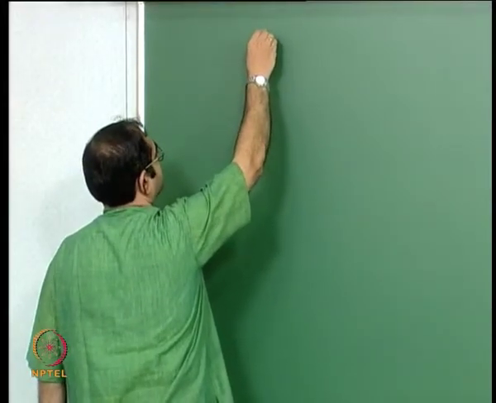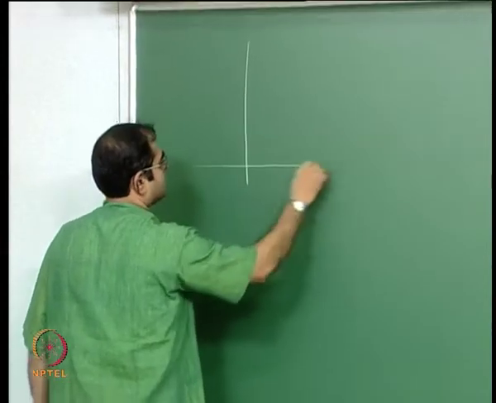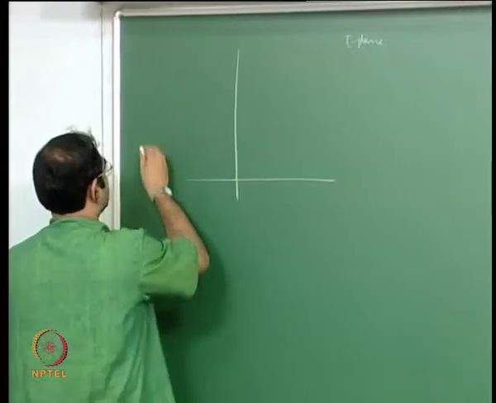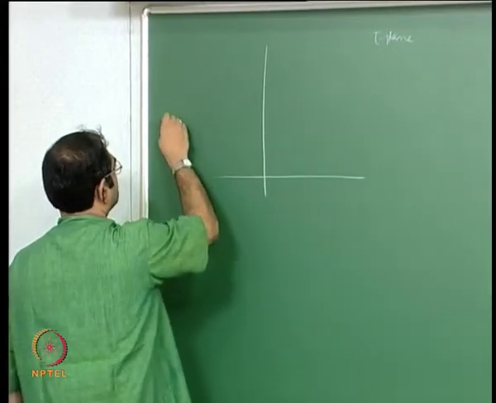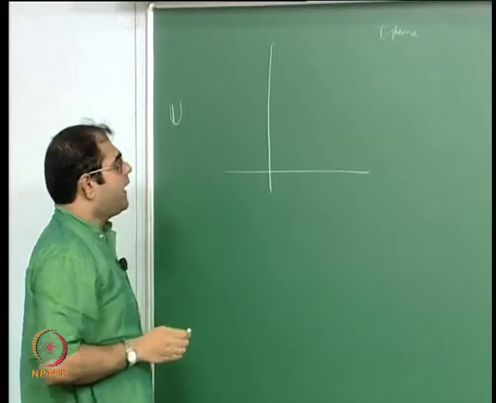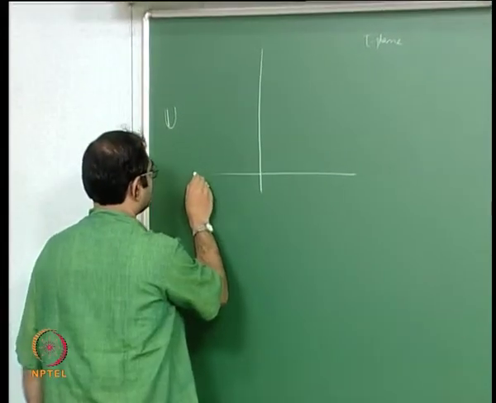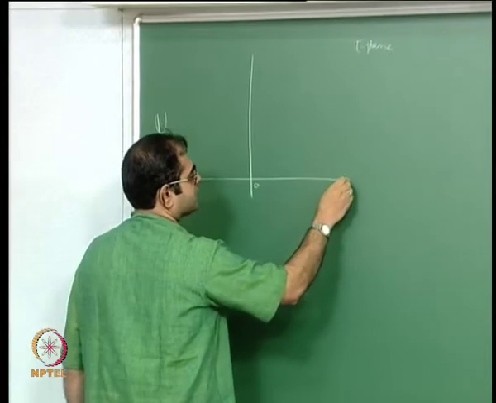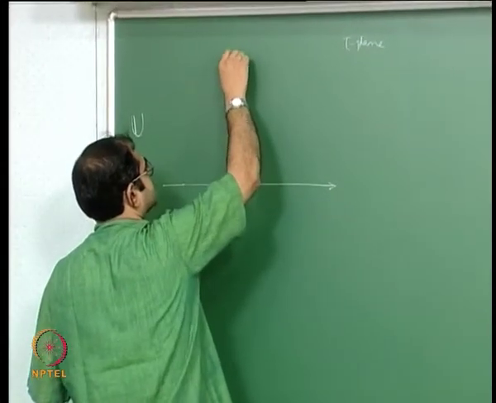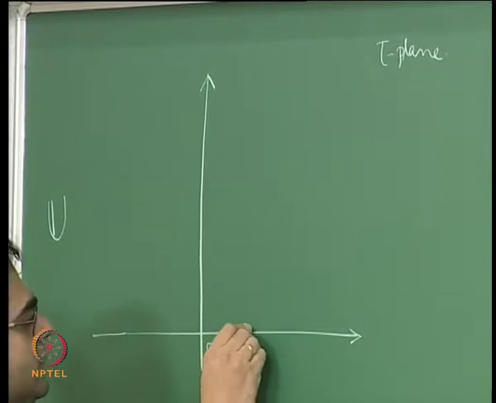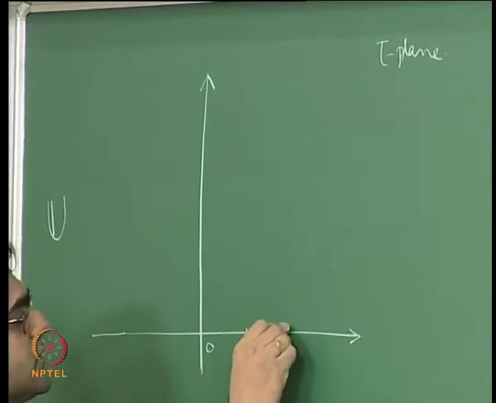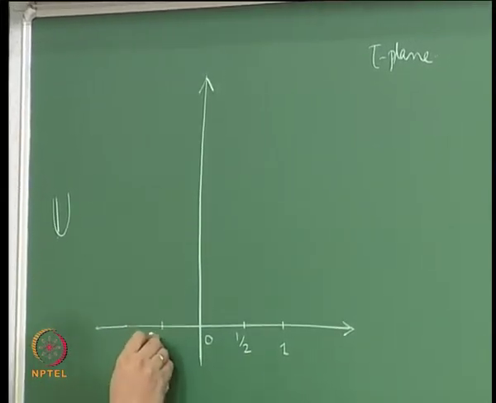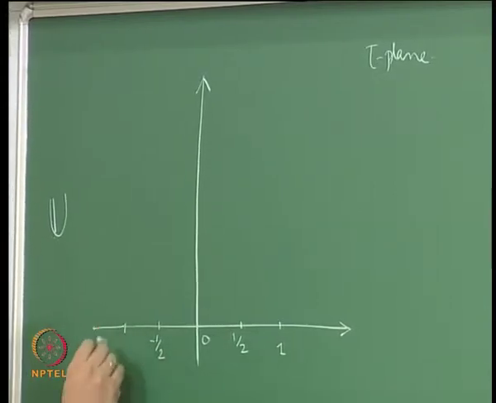So you have, well, this is the tau plane, and of course this is the upper half plane, and we take these points 0. Of course this is the real axis, this is the imaginary axis. So you have the point half, and this is the point 1, and there is the point minus half, there is a point minus 1,